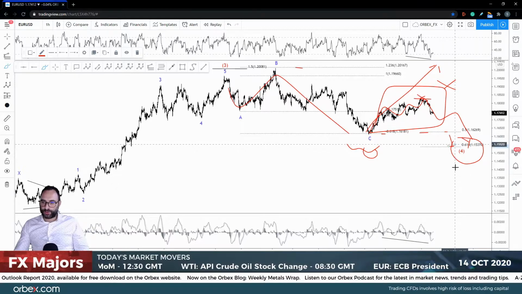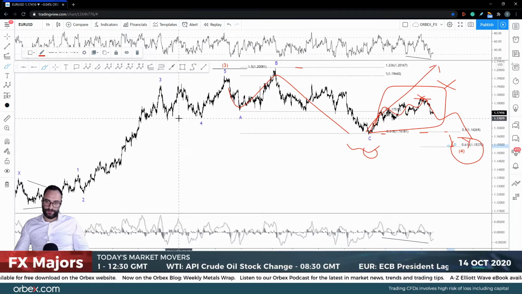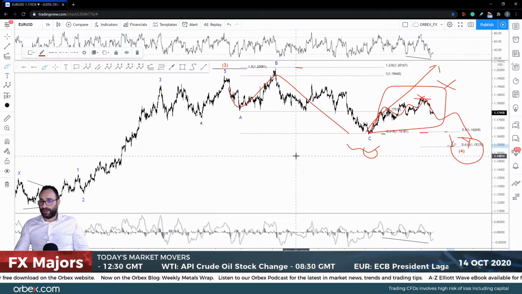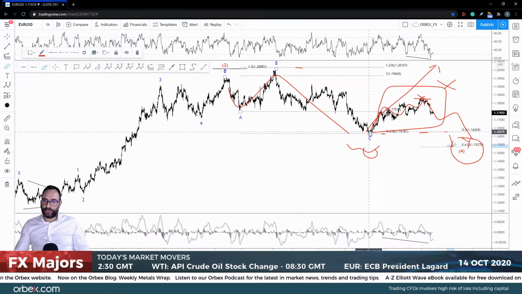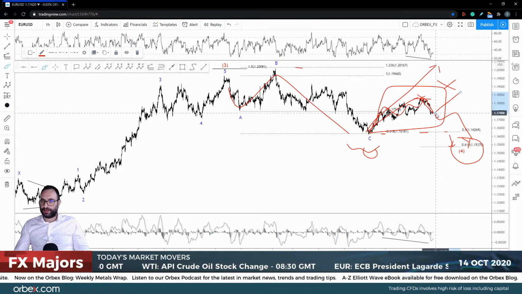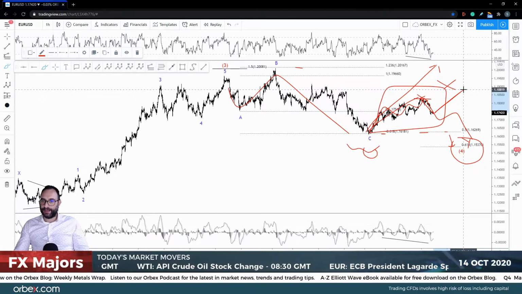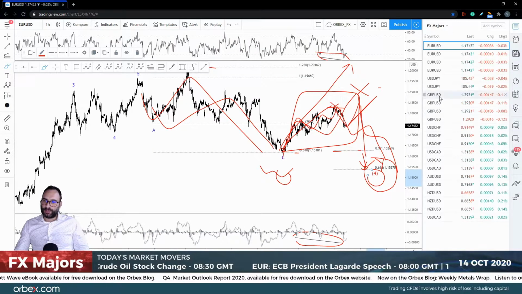But we're also going to be looking at the 1537 because this is a 61.8 Fibonacci retracement of wave 3, right? Now, in case, of course, wave X is not done, we could be looking at a complex move that is going to take us a little bit higher, right? But I wouldn't be looking to break above the 119 or so. Now, jumping on to pound,